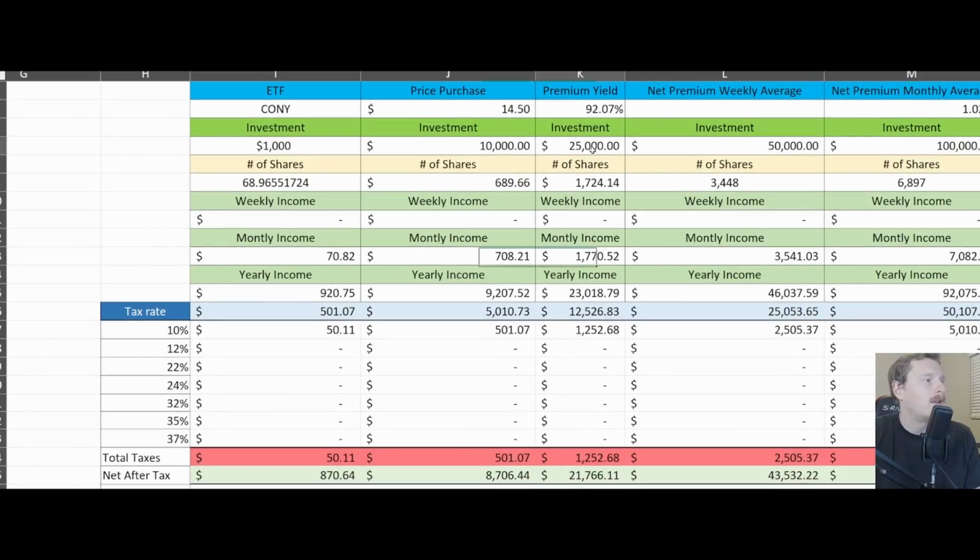Cool. Okay. So for a $25,000 investment, we're going to own 1,724.14 shares. That's a monthly income of $1,770.52, right? That's a yearly income of $23,018.79, right? Because of return of capital considerations, we have to pay the net distribution on 54.42% of that $23,000, which is $12,526.83, because